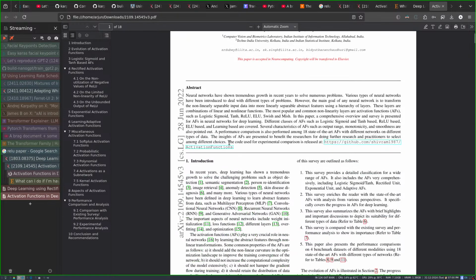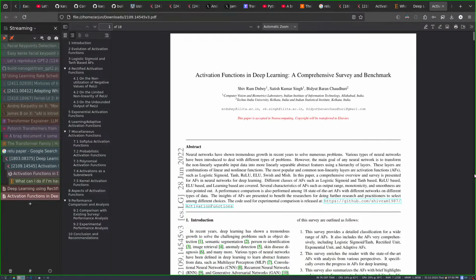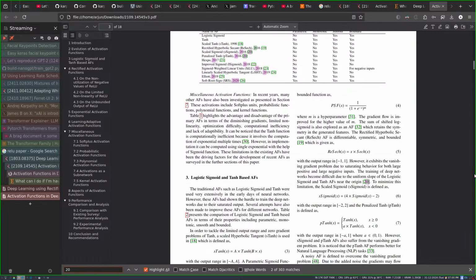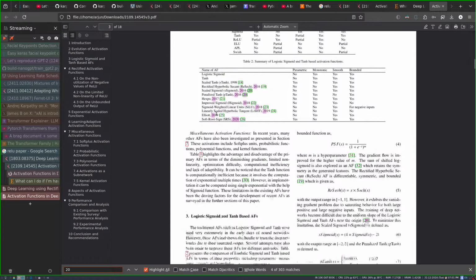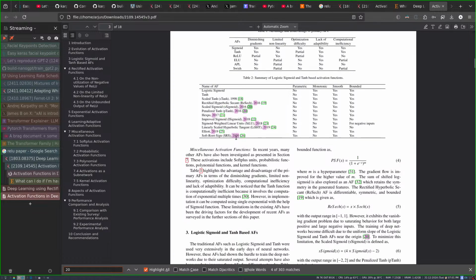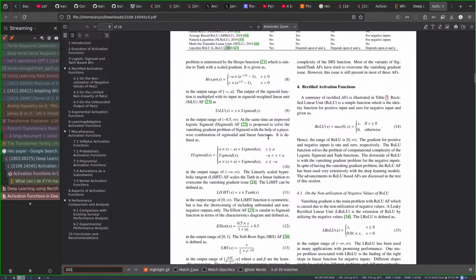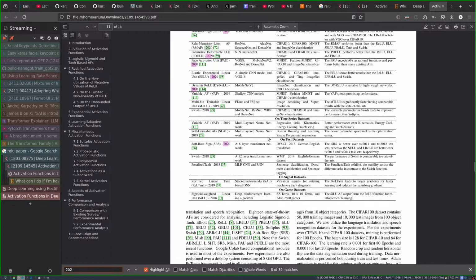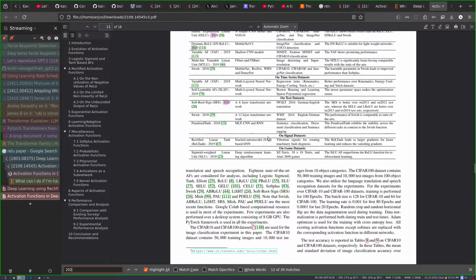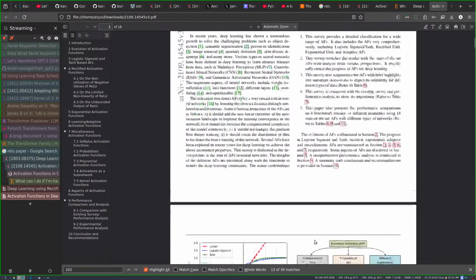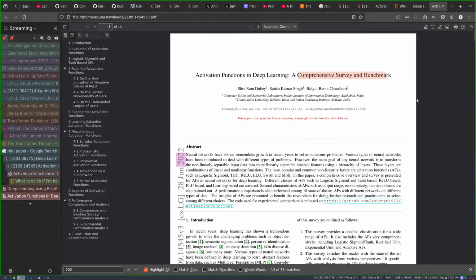And this paper was released in the year 20... Oh, it's a recent paper. It's at least 2021, right? 2020? Yeah, I guess so. So this is a pretty new paper. So I think we will read this. Since it's a survey, it's probably going to be fast. So we'll see.